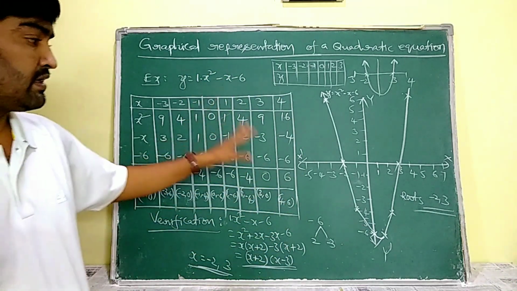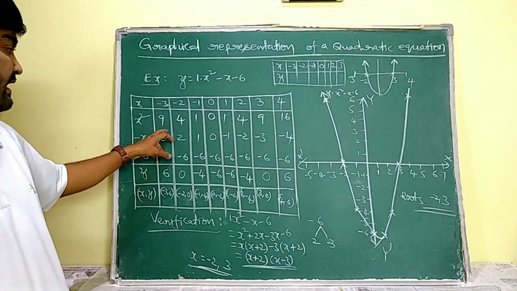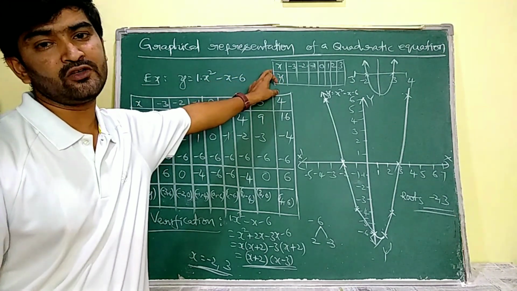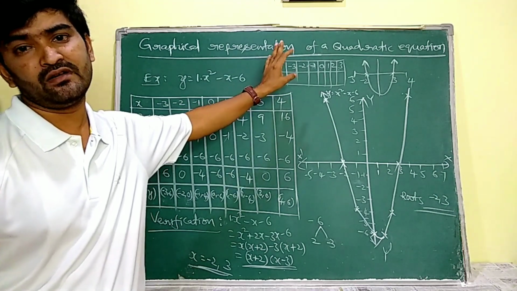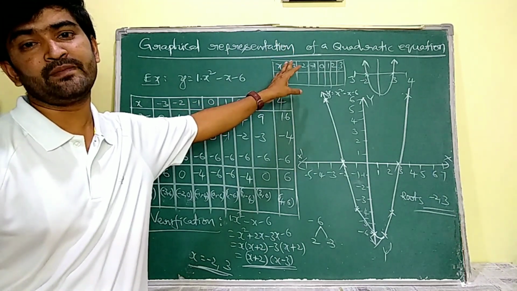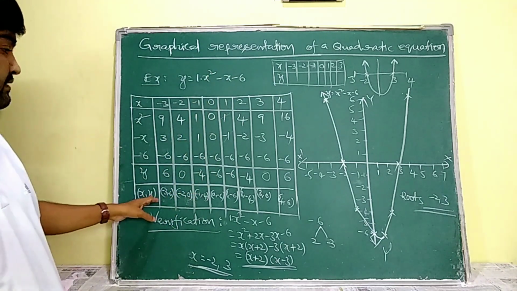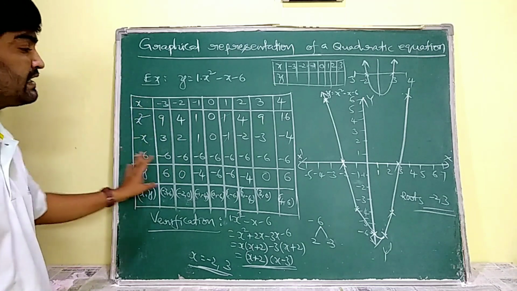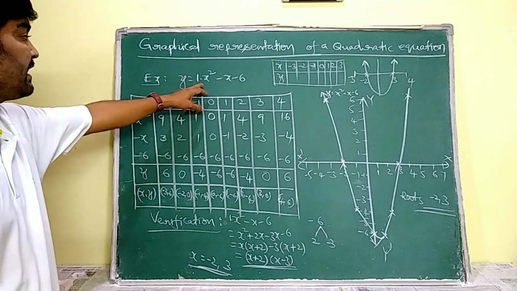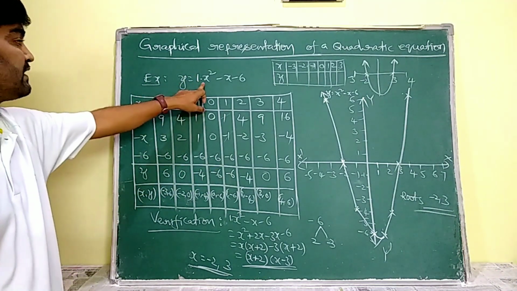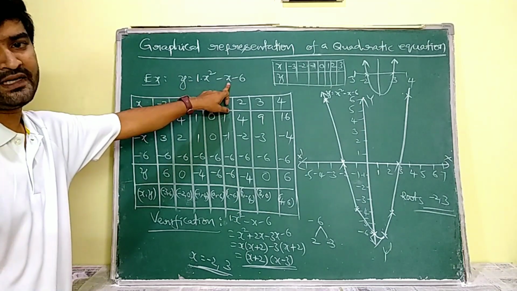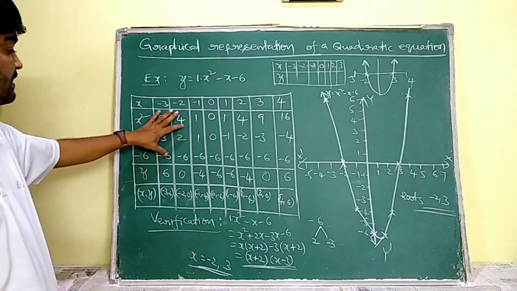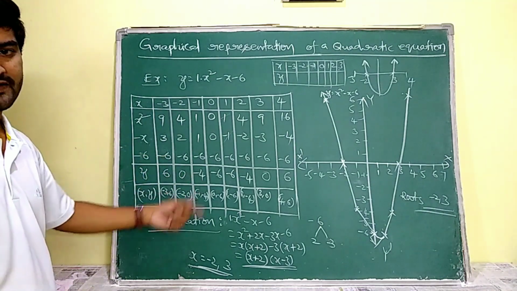Then you have to draw the ordered pair table in this way. It's easy for you. If you draw the ordered pair table in some other way, you may make some mistakes, there are some chances to commit mistakes. But here there is no chance, because it's very clear to write the values. Everything is here only. Firstly you write x, then the x square term, then the x term, then the constant term. All three together give y, so you write y.